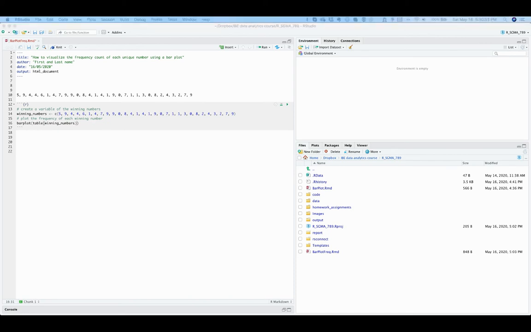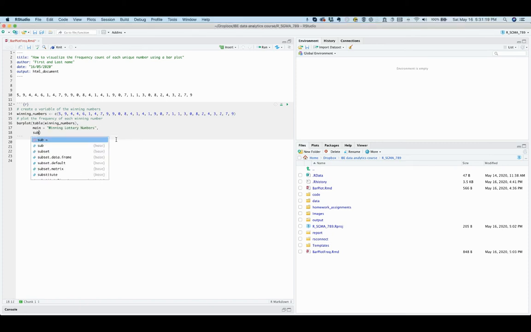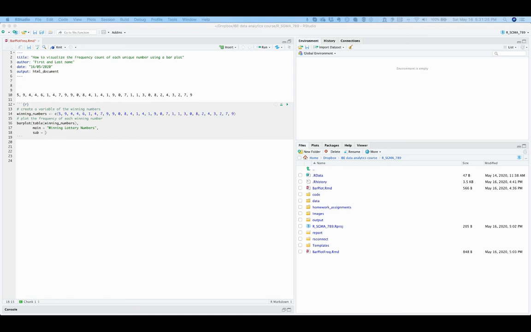Then, as with any graph, we want to add a title, a subtitle, a label for the y-axis, and a label for the x-axis. So after the table function, we will put comma and add an option to add a title, then comma, and an option to add a subtitle, which in our case will be the date range for the data that we use, and comma, and a label for the y-axis,